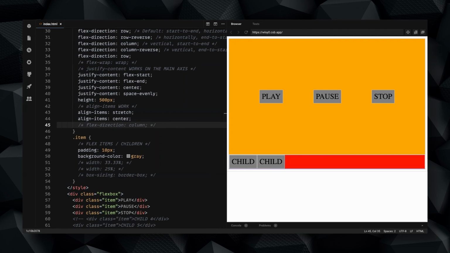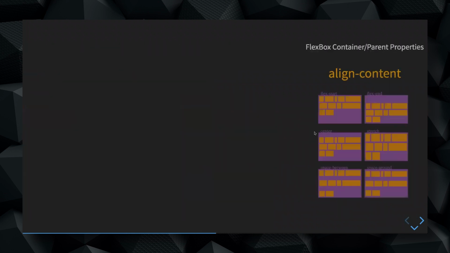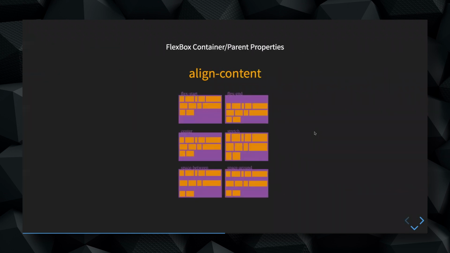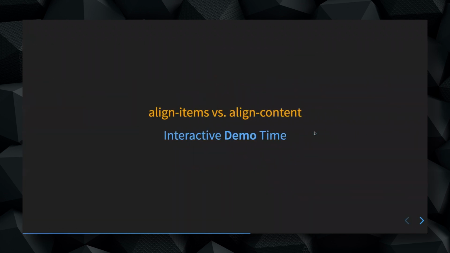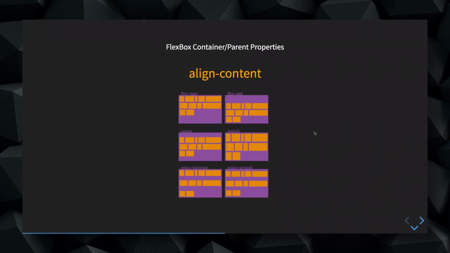Now, let me see. So align items. So we have align content. Let me see. Okay, yeah. Let's see one last parent property, and then I will guide you to some really good resources. Now, the align content